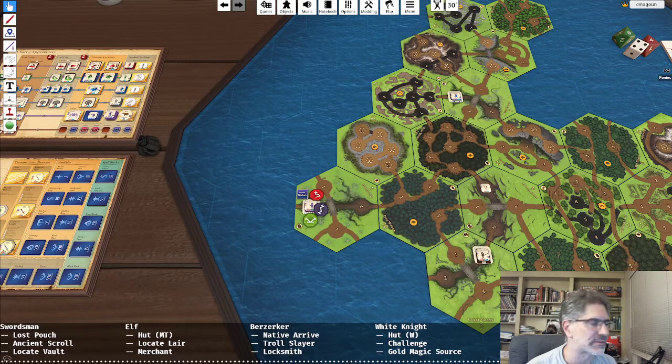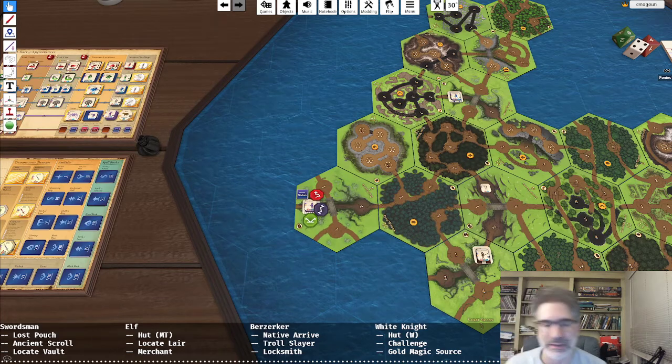Locate the lair, merchant. I mean, both those are good. Locate the lair is a little random. Merchant's great, but the elf is only neutral to the rogue, so buying stuff is clunky. And friendly, he's